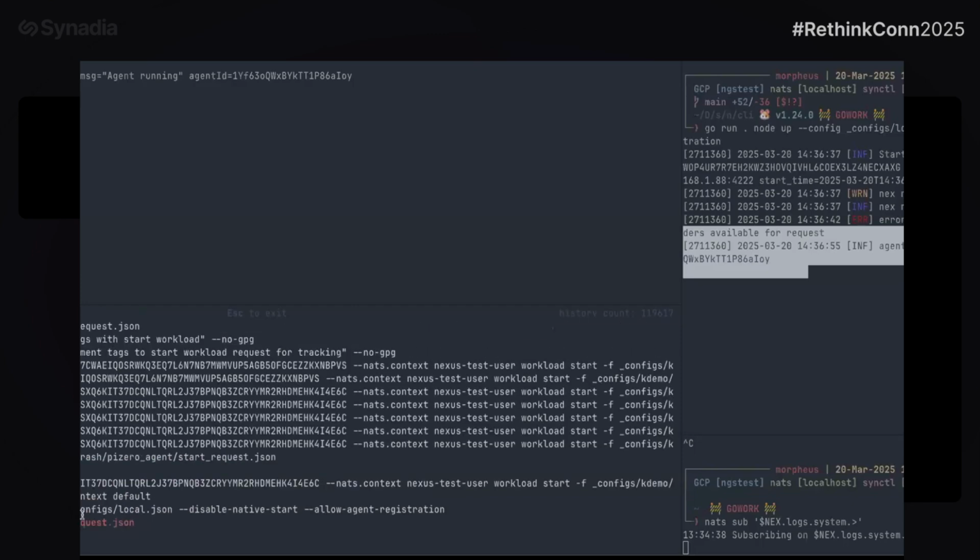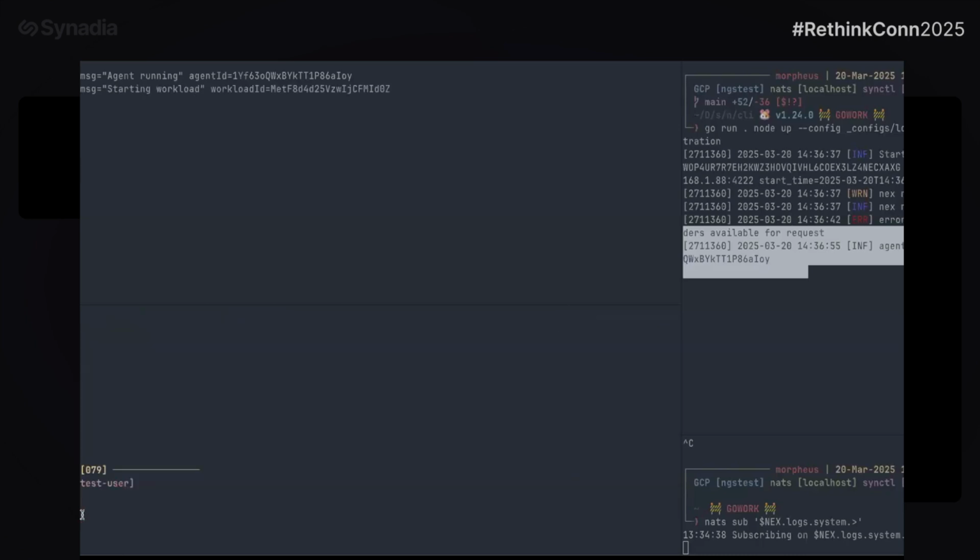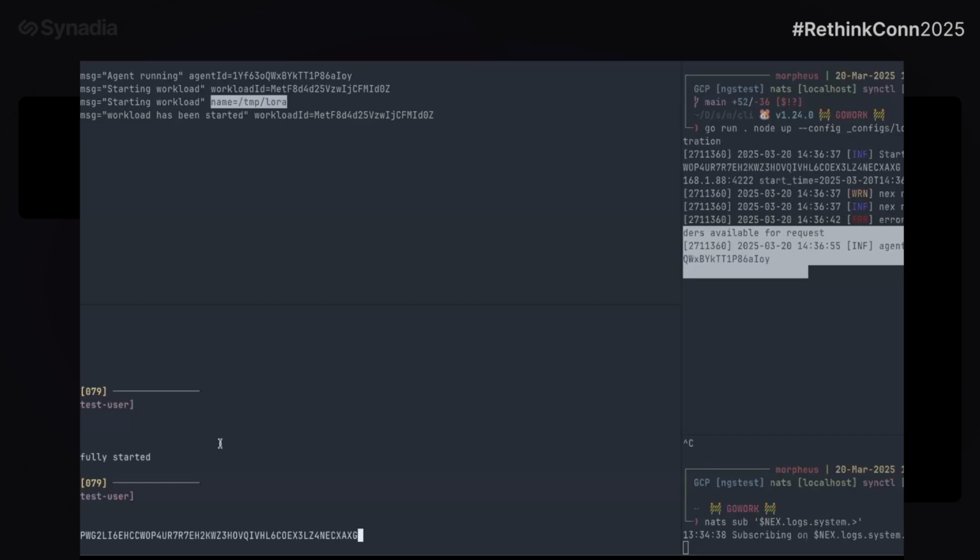So now we have one workload running on this agent over here. And you see that it saved the binary from the object store to its local disk. Now, if everything works, we're going to send it: Rethink con is great.